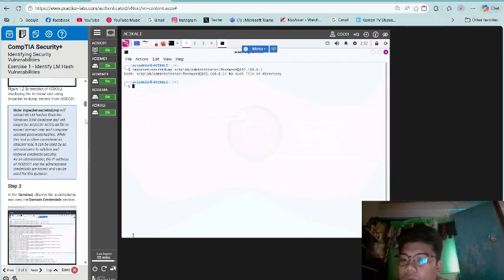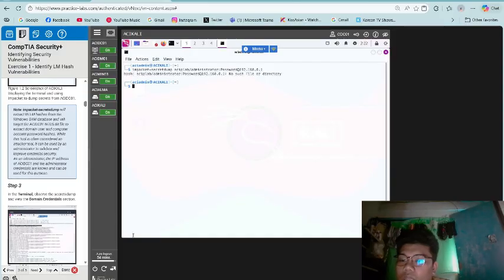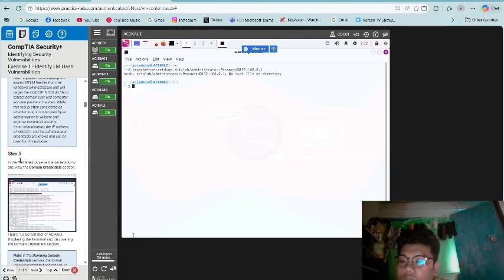Note, impacket secretsdump will extract NTLM and LM hashes from the Windows SAM database and will target the ACIDC01 NTDS.dit file to extract domain user and computer account password hashes. While this tool is often considered an attacker tool, it can be used by an administrator to validate and improve credential security. As an administrator, the IP address of ACIDC01 and the administrator credentials are known and can be used for this purpose.